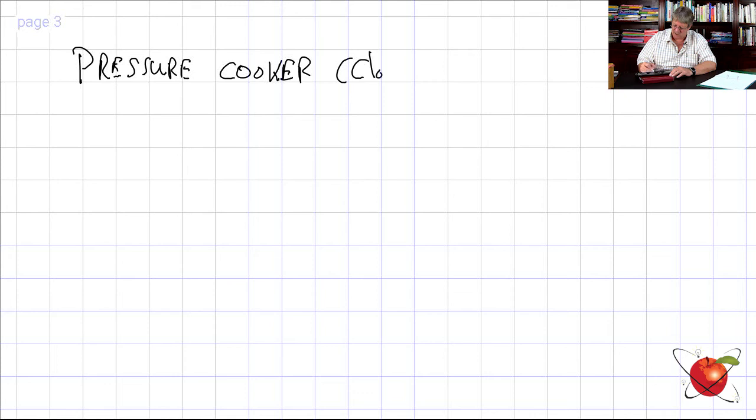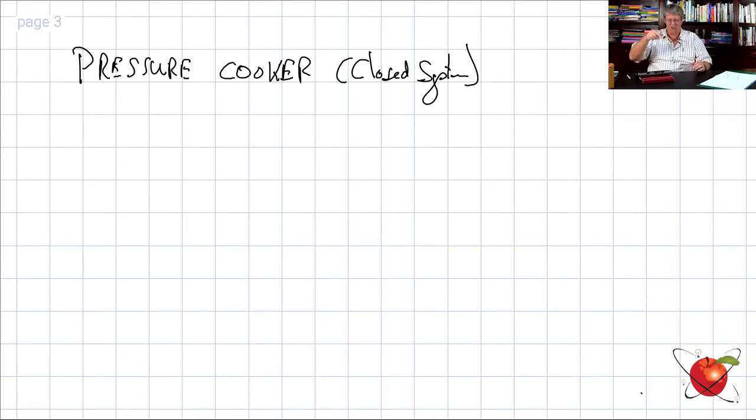That is a closed system. It can't escape. Granted, you've got a little valve on top that goes every now and again. That's a pressure release valve, but don't worry about that. We're not looking at that at the moment. So what we're saying is this, is that eventually we get to a point where, let me just redraw